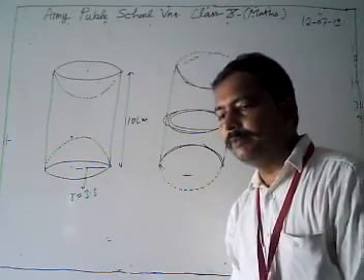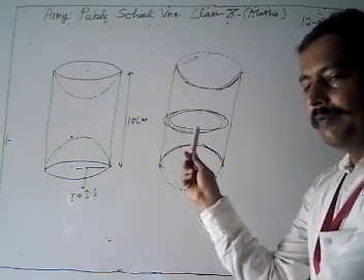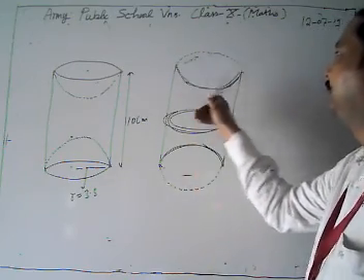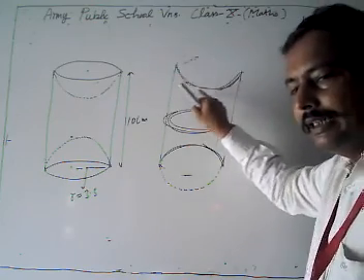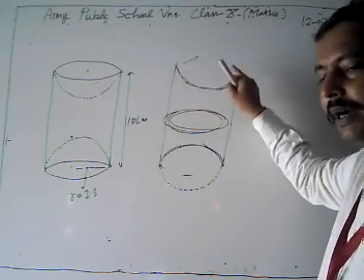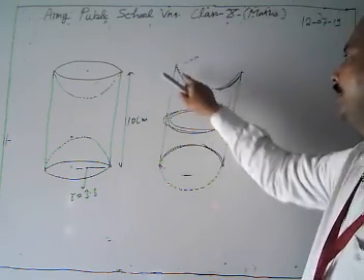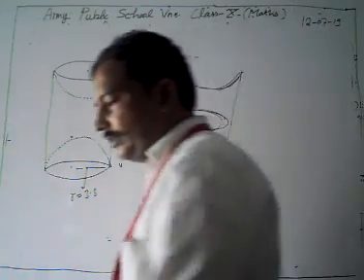To get the TSA of the solid in this figure, what do we have to do? We have to find the curved surface area of this cylinder. This is because when we scoop out, we have a shape like this, and this area is a part of a hemisphere. Then the curved surface area of the first hemisphere and the curved surface area of the second hemisphere. Then we are going to solve it.